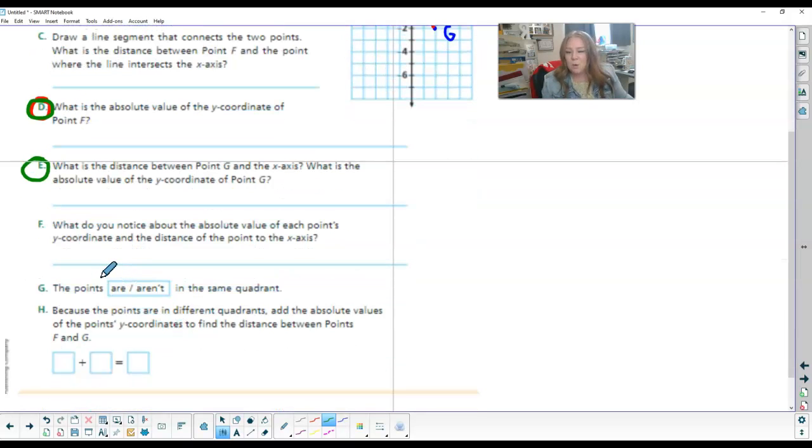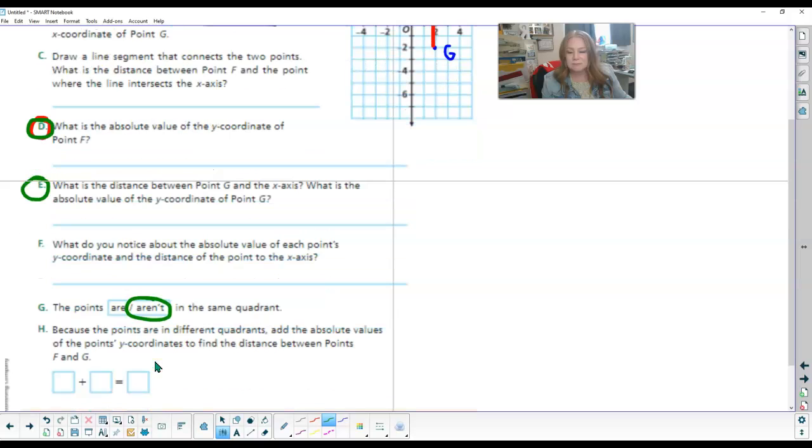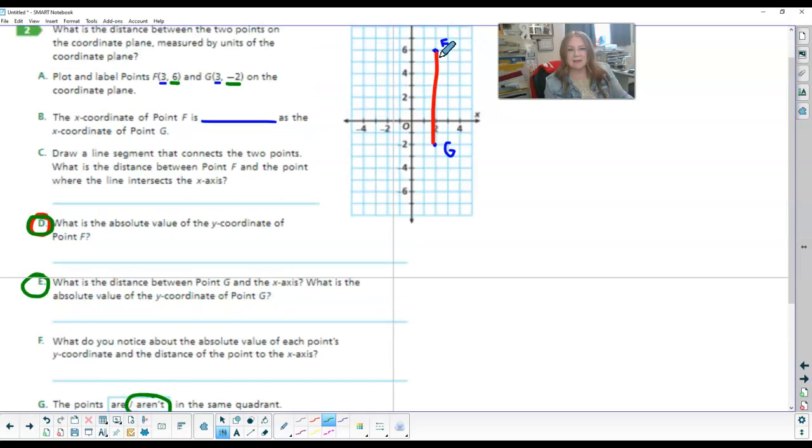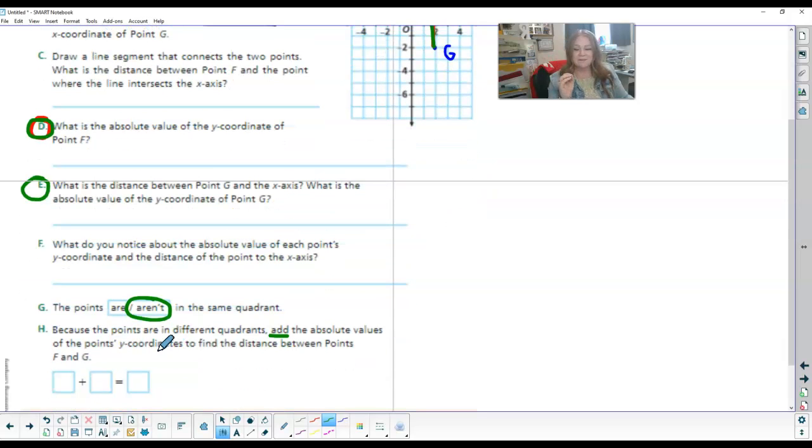So these points are not in the same quadrant. So because they're in different quadrants, what we can actually do is we can add the absolute values. We can take this absolute value and we can take this absolute value, add them together, and that gives us